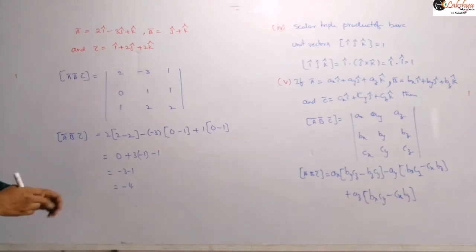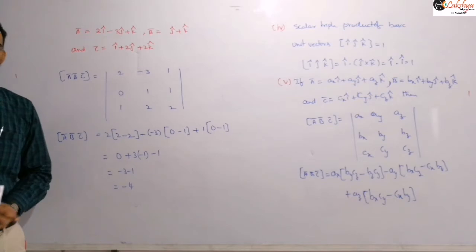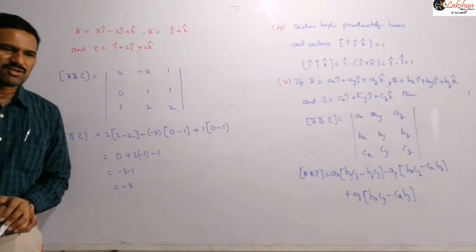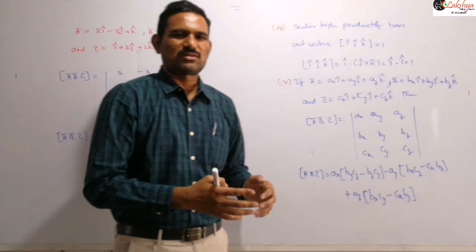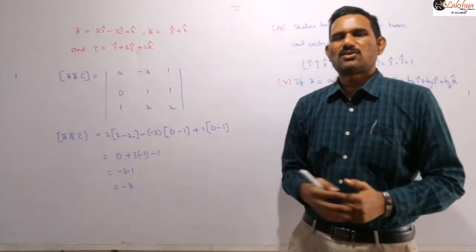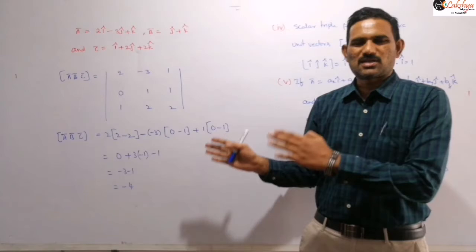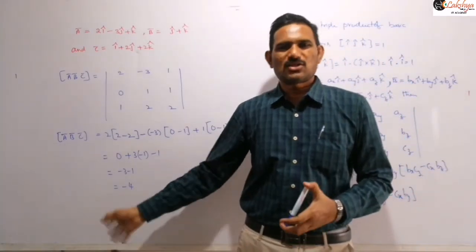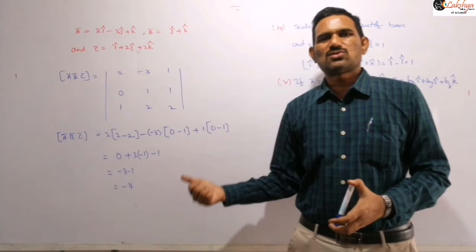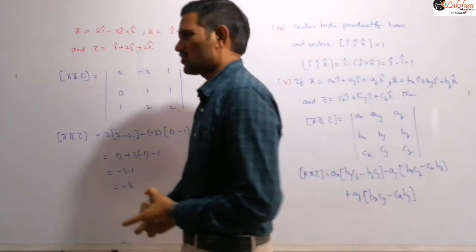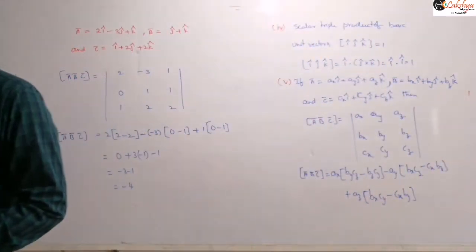And so we are getting minus 4, which means we can conclude that the given vectors are non-coplanar vectors. That means all the three vectors are not lying in the same plane. They are lying in different planes there. That means they are non-coplanar vectors, we can conclude here. If you are getting this value as 0, then you can conclude that those vectors are coplanar vectors. That is a verification of coplanar or non-coplanar vectors.